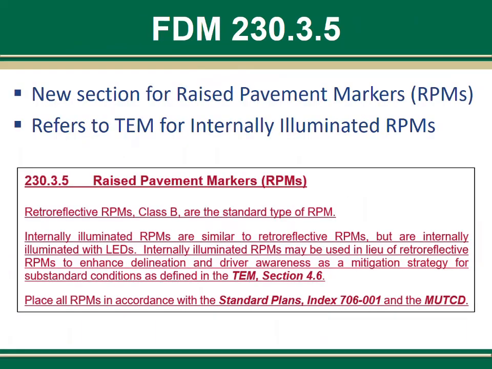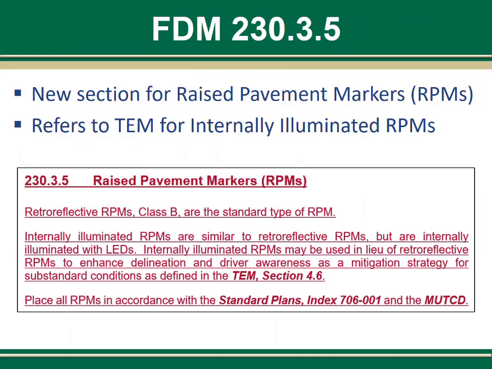The final update to FDM 230 I want to tell you about is a new section we created for raised pavement markers, or RPMs. This new section simply says that Class B retroreflective RPMs are our standard type of RPM. Additionally, we've included a short paragraph on internally illuminated RPMs. These are RPMs that have LEDs inside of them, so they light up in dark conditions to enhance delineation and